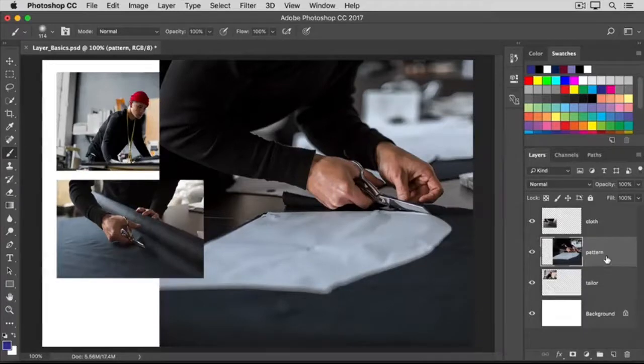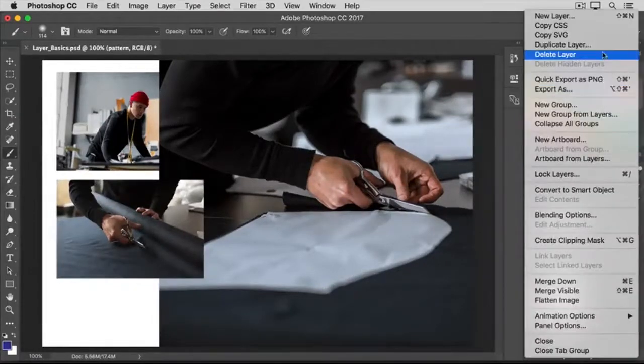And here is a bonus tip. There are even more layer-related commands located in the panel menu, which you can access by clicking this little menu icon at the top right of the Layers panel. So if you ever want to do something else with your layers, like maybe duplicate a layer, take a look